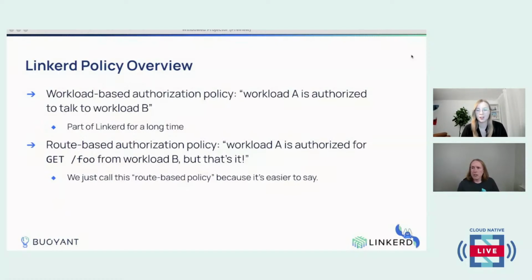So, there's a question from the audience from Hugo. Does Linkerd use in any way PSP? PSP expands to too many things in my head for me to be sure which one Hugo is talking about. So how about clarify that, and then we'll go forward from there. Okay. Important note for the rest of this presentation: workload-based authorization policy and route-based authorization policy take too long to say, so we tend to talk about workload policy or route-based policy, things like that, all the same thing.